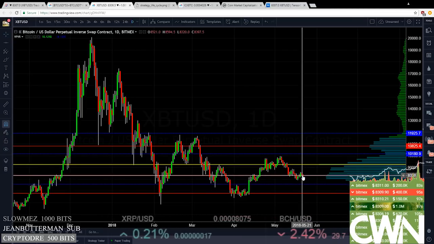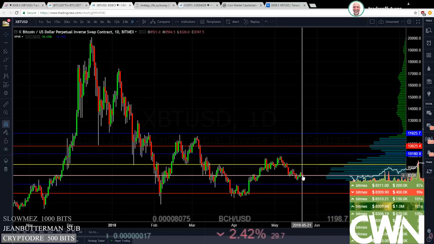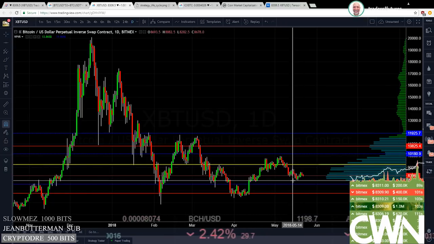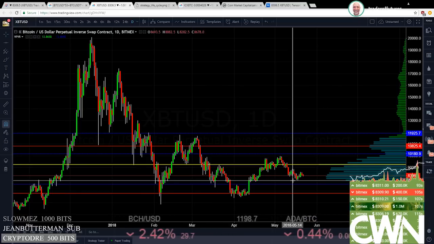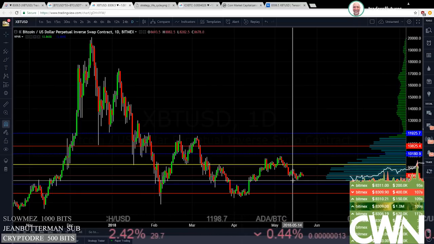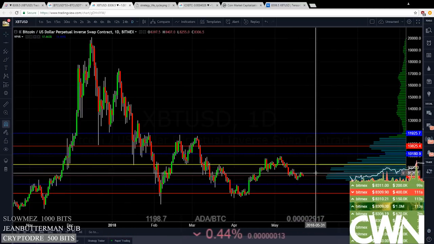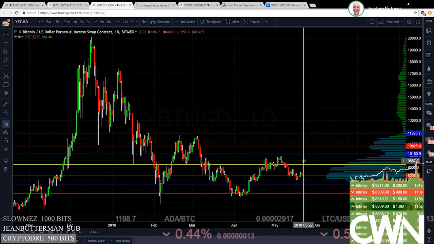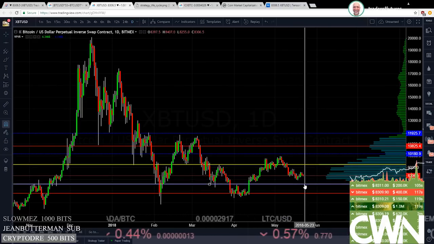Now, the big difference in what I'm doing here and what maybe other people are doing is they're concentrating on this one trade. This might be just one of many trades that I put out there, and I'm trading really, really small every single trade. So I put this trade on. If it goes against me, it's not going to kill me. If it starts going in my direction, then I might add to it.